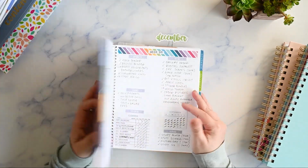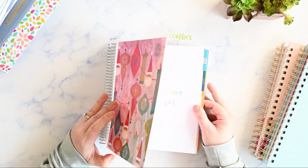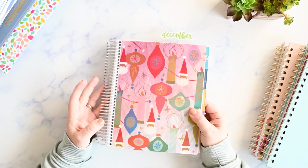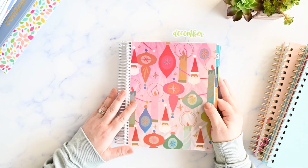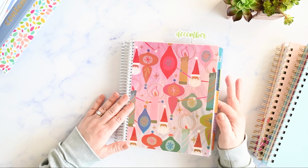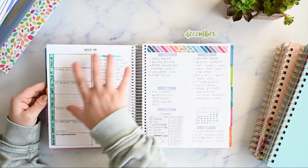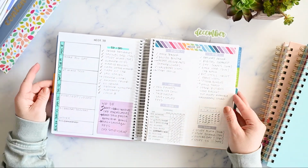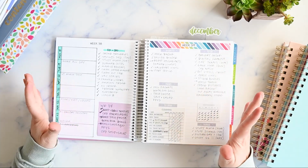2024-2025. I would also consider using a 7x9 compact vertical layout if that happens, only just because I love the idea of it and I want to give it a chance. I don't really like the A5 size, so I've never been interested, but I love the idea of that, like, lists for each day kind of thing. I don't know, we'll see, but if that were to make an appearance in the Erin Condren lineup, I would